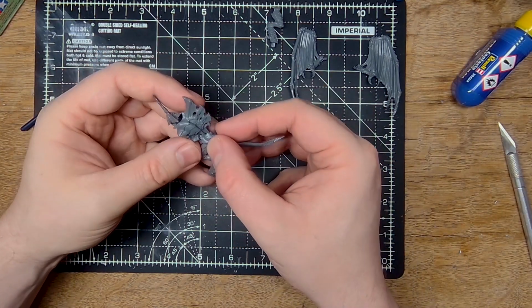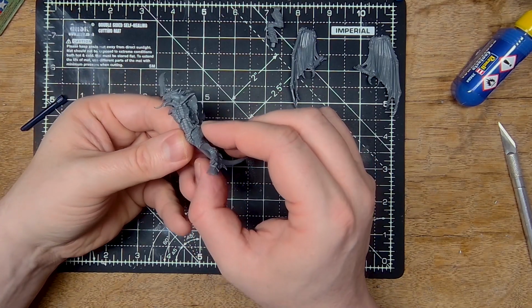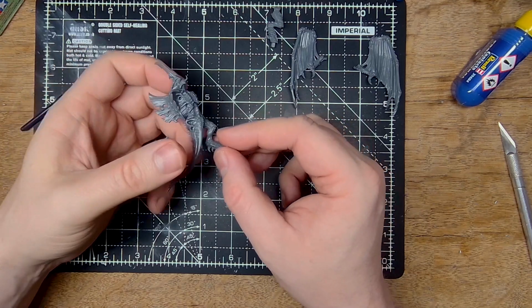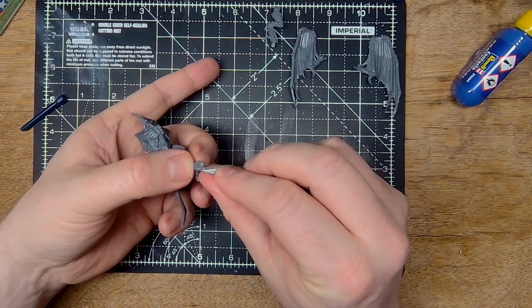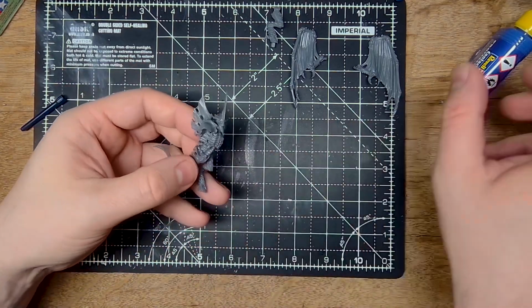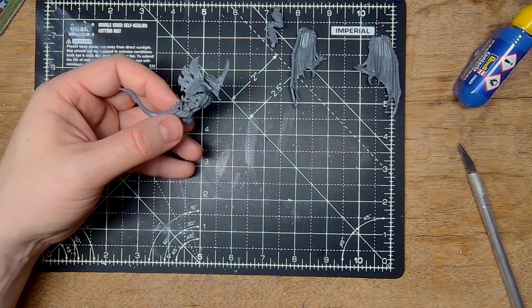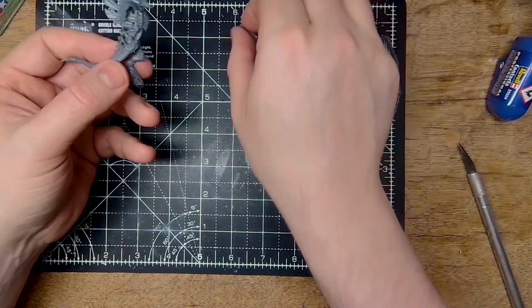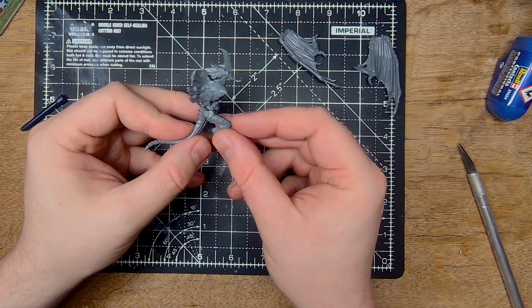Going to put some glue in there. Ooh, I think the angle was very... I was not 100% certain on the positioning of this leg. To begin with, I think I need to break out and get the base and have a quick look at it at some point to make sure it's at the right angle, because I was a bit...